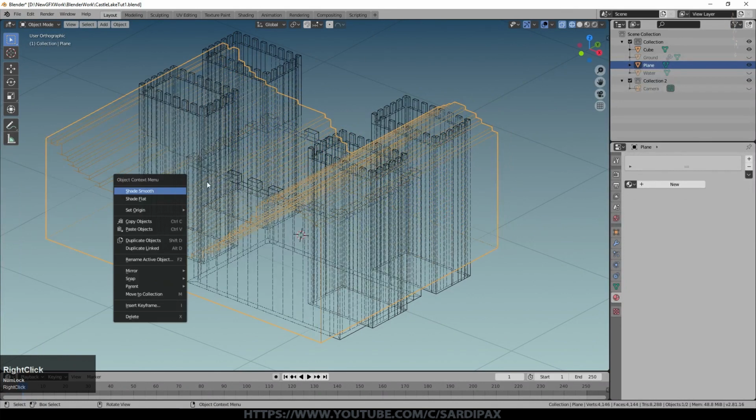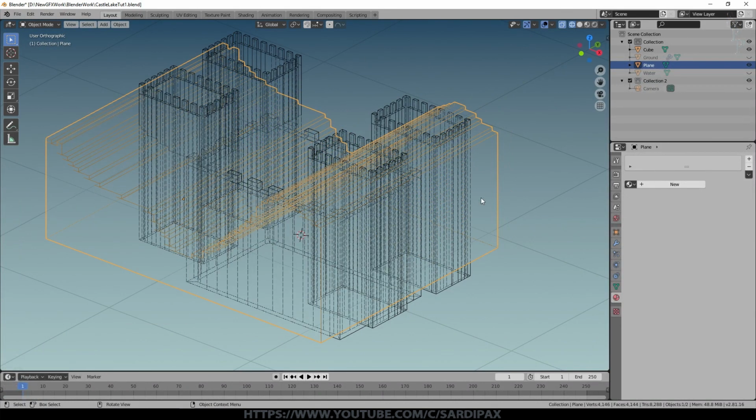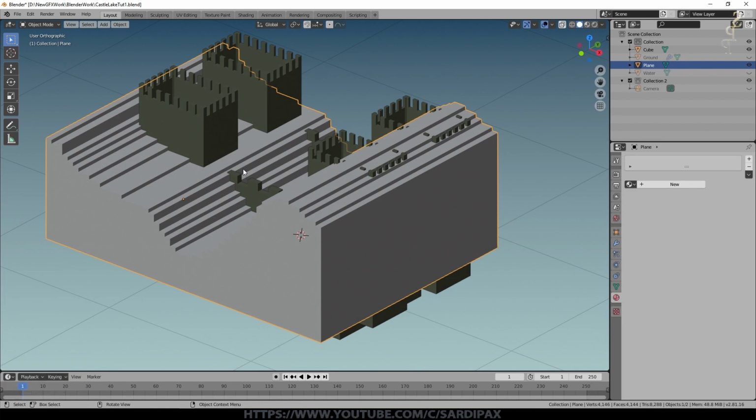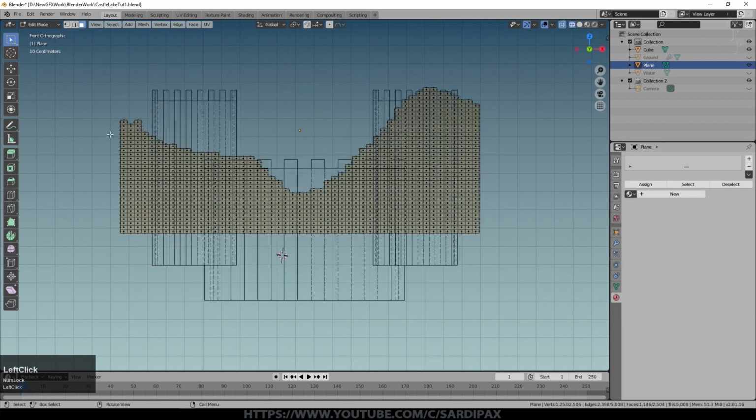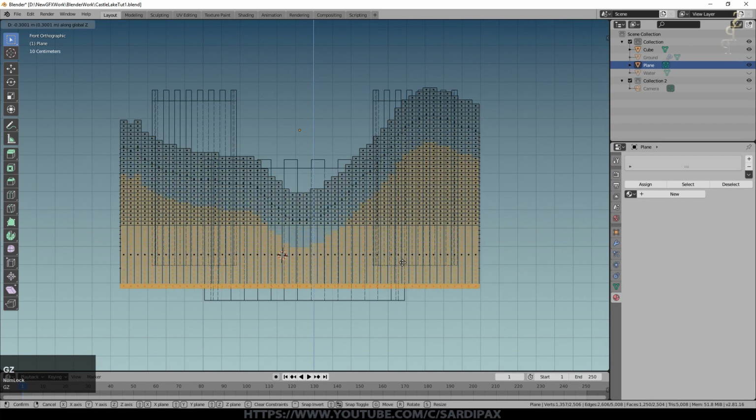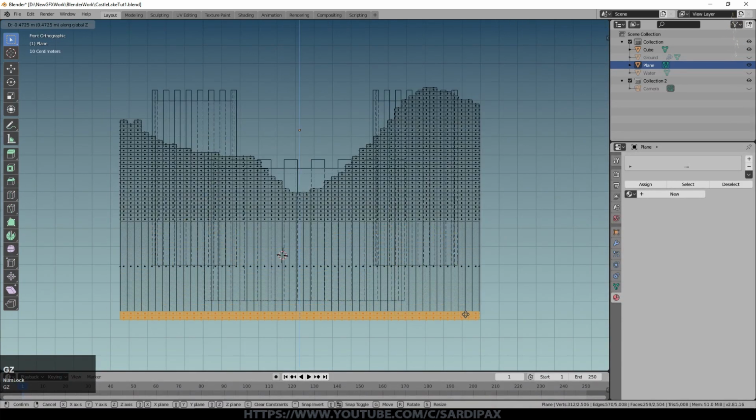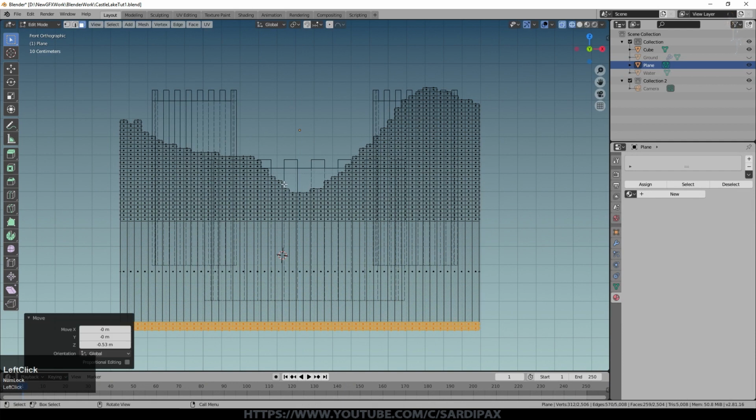So it's probably becoming obvious what I'm going to do now is I'm going to chop away any part of the castle that is outside of this area. Now, I think I did it the other way around last time, and that's perfectly fair as well, but it doesn't really matter. So I'm just going to select that bottom edge, GZ, and move it down so it encloses the rest of the castle down there.